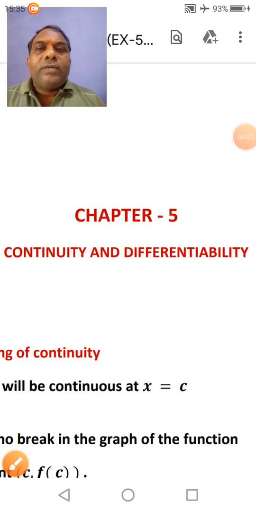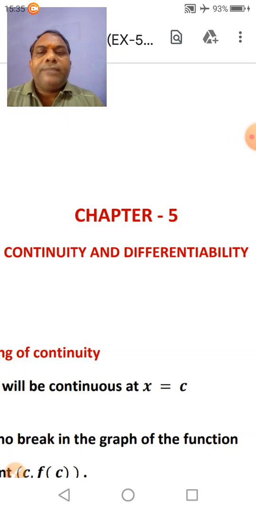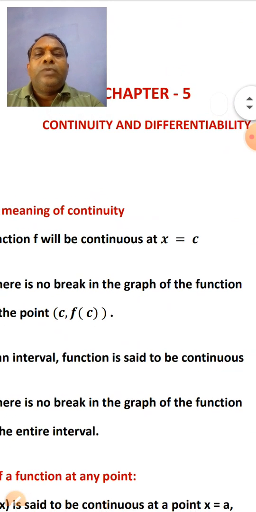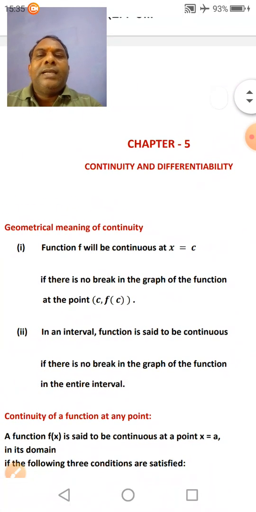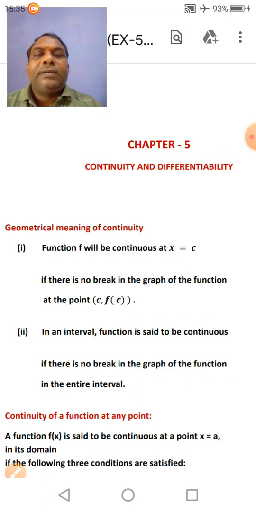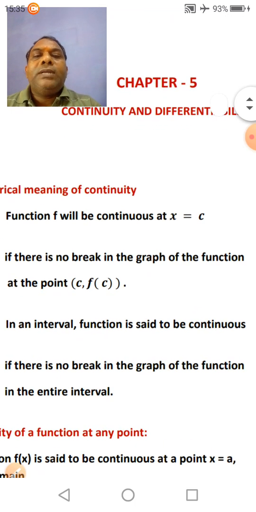Good morning, students. Now we are going to start chapter 5, continuity and differentiability. In the previous class you have studied limits. A limit x tends to a, f(x) exists if LHL is equal to RHL. LHL means left hand limit and RHL means right hand limit. Clear? So now, in case of continuity,